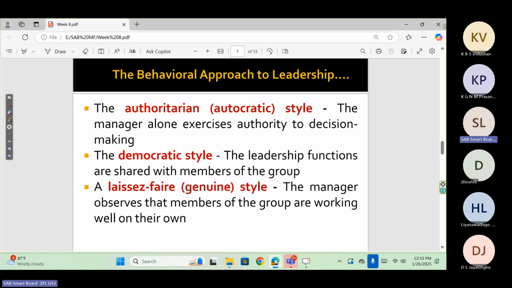For telling leadership, you can capture that word, telling. These authoritarian leaders mostly try to make the decision alone. Then others are asked to help implement the decision made by the leader alone. But we can't say that it is not good. Sometimes, in situations where others are not willing to use the authority and responsibility, this is the best approach. Especially in the military, this is happening, military leadership.